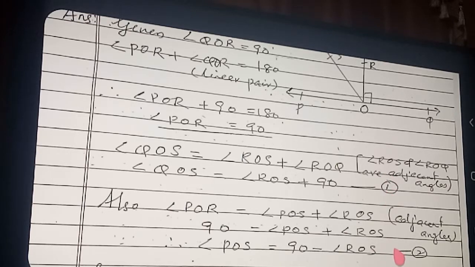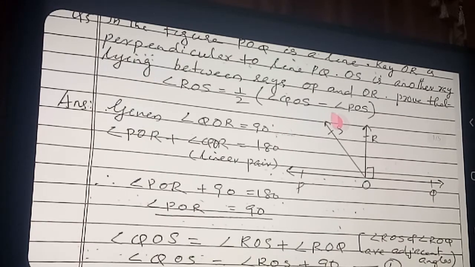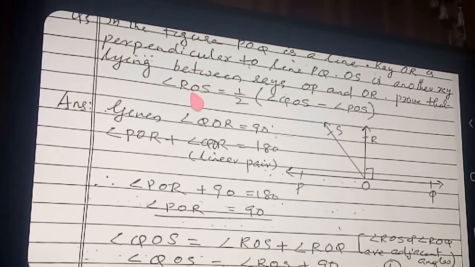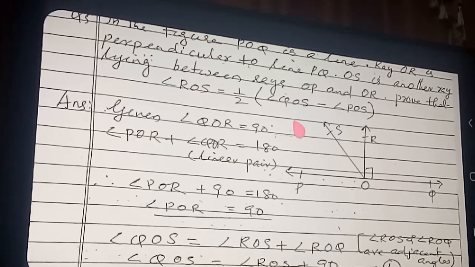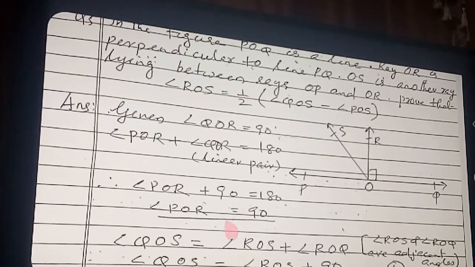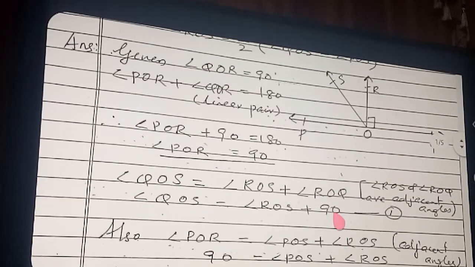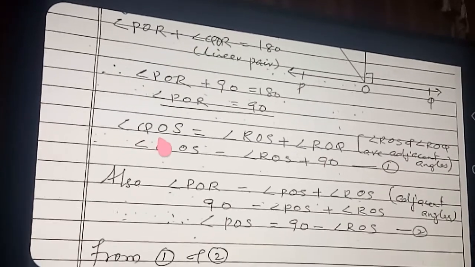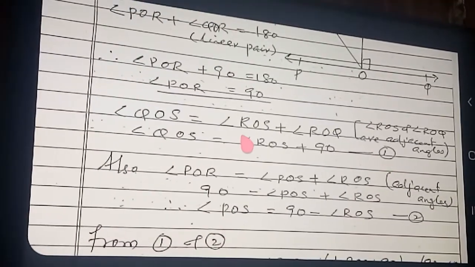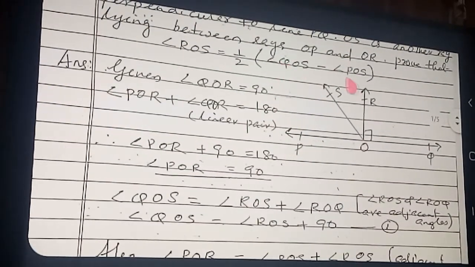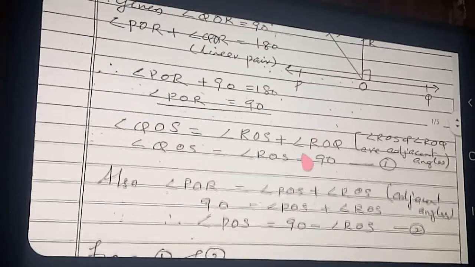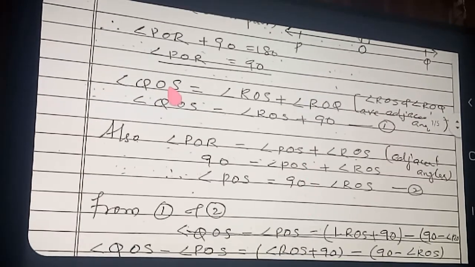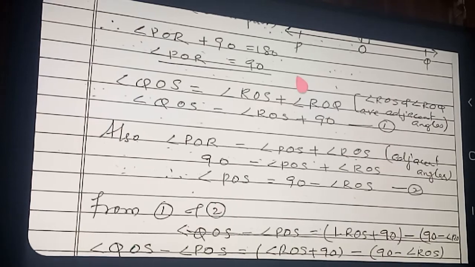See, both the equations we got now. Now you again go to your question. See the question. In the question, what terms are there? ROS is there, POS is there, QOS is there. These all terms you got from the first and second equation. Now see, this is the first equation and this is the second equation. In the first and second you got QOS and POS. Yes. Now what do you need in the answer? QOS minus POS. So what will we do? In the first and second equations, LHS will subtract and RHS will subtract. Clear?